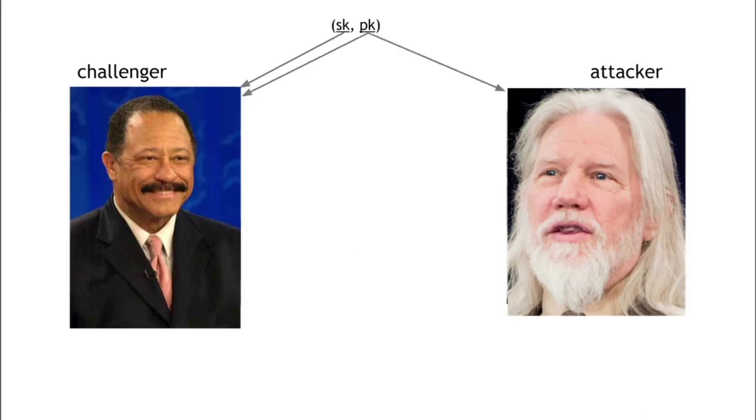So the attacker only knows information that's public. He only knows the public key. And his mission is going to be to try to forge a message. The challenger knows the secret key, so he can make signatures. Right? Now, if you think about a real-life application, a real-life attacker would be able to see valid signatures